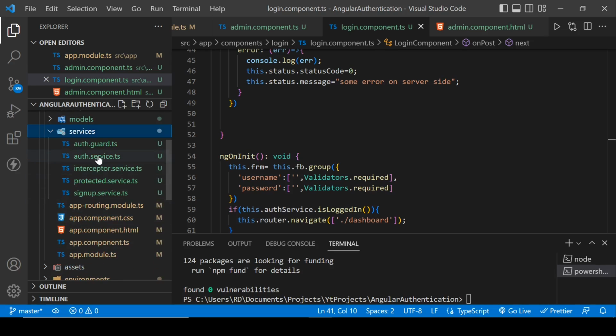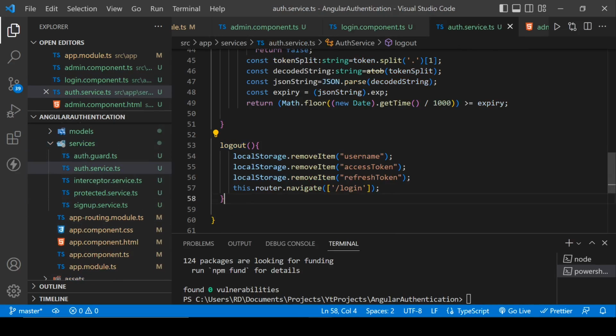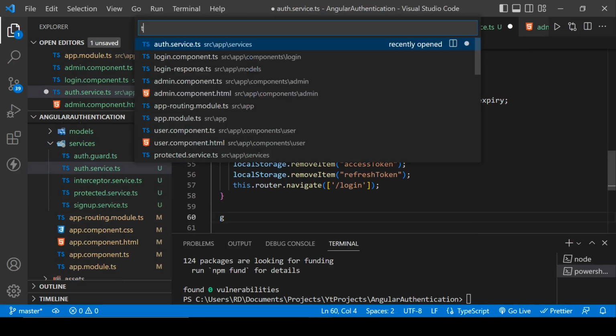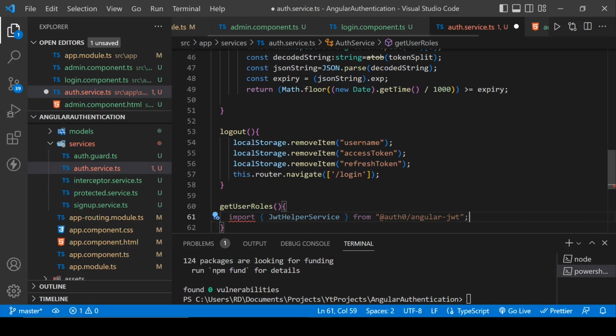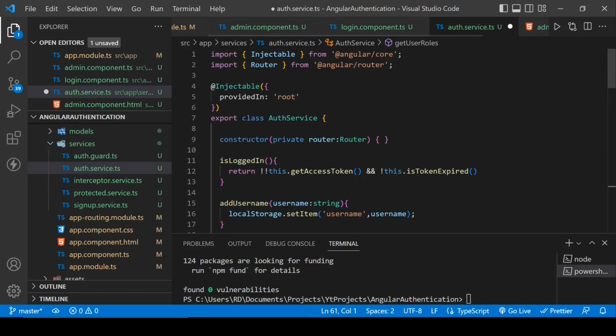Here, inside the auth service we will add get user role. Okay, and import it there,